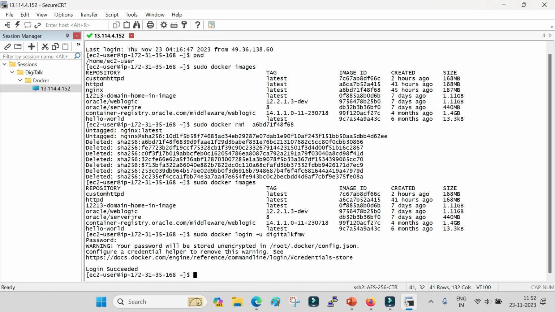Okay, and now you can see that login is succeeded. That means I have logged into my Docker account. So what is this user? We have discussed in the previous session as well. You have to create a free account on hub.docker.com. Once you create your account there, you can use that account to log into Docker from